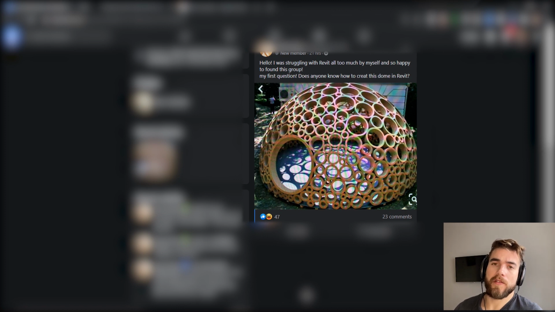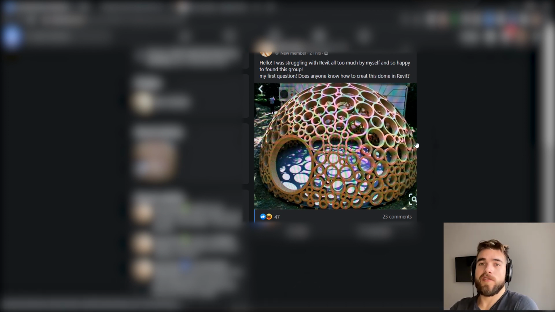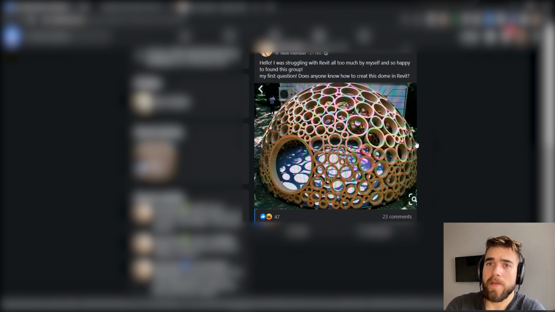Yesterday in the evening I saw a post on Facebook, in one of those Revit related groups, asking: how to make this dome, basically. It's an interesting geometry, and I was really annoyed by some of the comments underneath that were saying, okay,